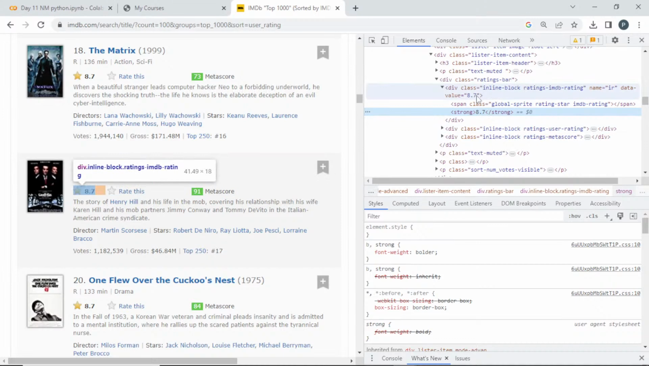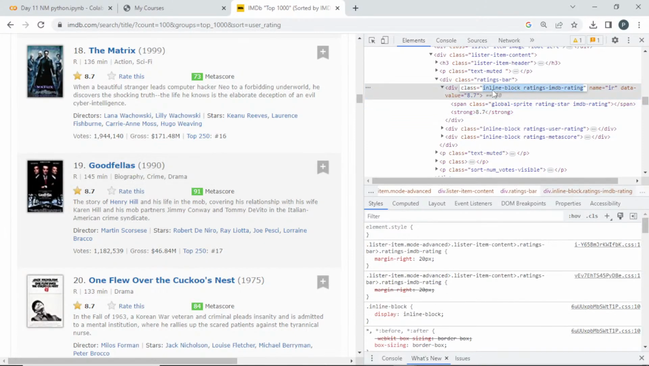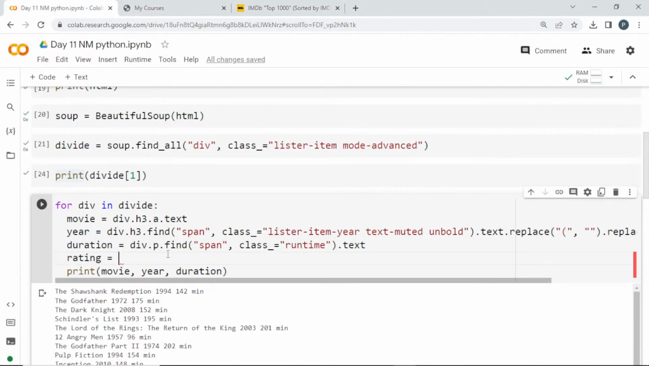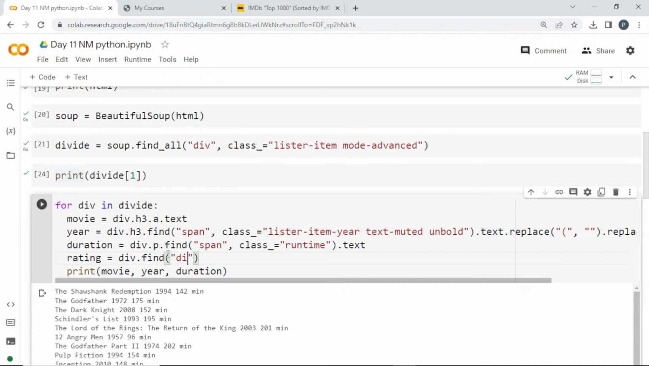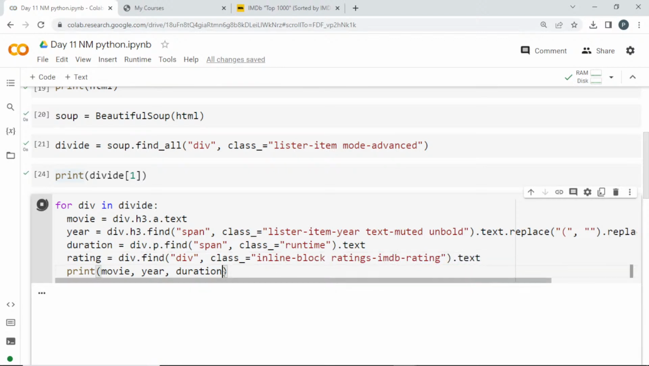So I need to get this, and the value can be here. To take this, I have to go inside this div element, and let me search for a class, which is this inline block rating IMDb. Let me copy this and I'll give div. In that I'm going to find it. It is a div element, and the class will be class underscore is equal to, let me pass this inline rating IMDb. Let me pass this text option also, since it can give us. I want to print it, here